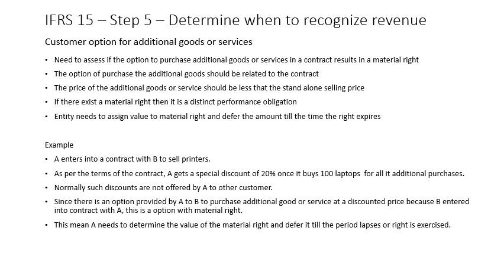Let's look at an example to understand this concept in a better way. A enters into a contract with B to provide printers. As per the terms of the contract, B gets a special discount of 20% once it buys 100 laptops, for all its additional purchases. So once B buys anything over 100 laptops, it gets an additional discount of 20% only on those additional purchases. Normally, such discounts are not offered by A to all customers. Since there is an option provided by A to B to purchase additional goods,